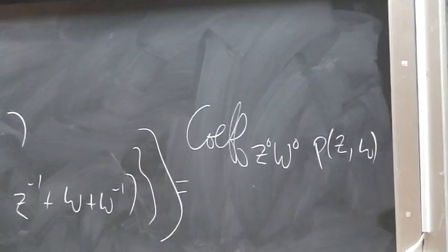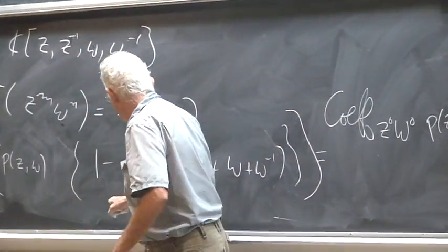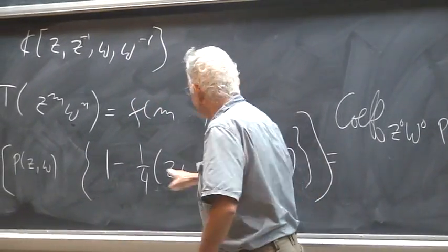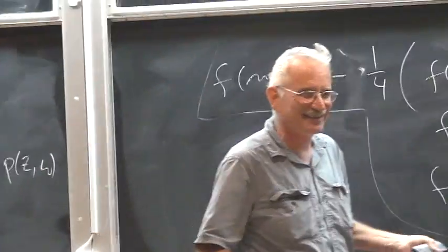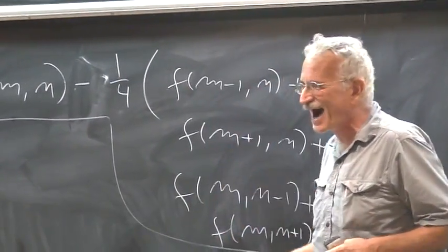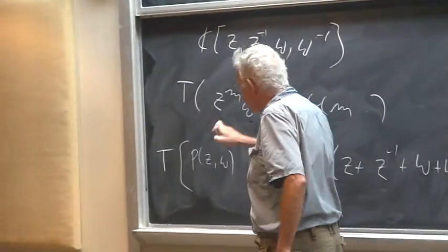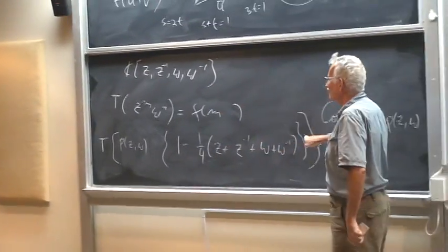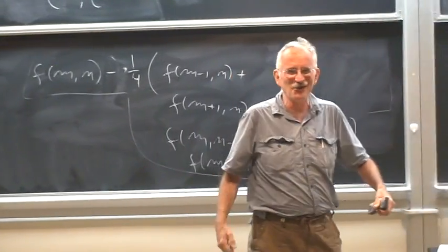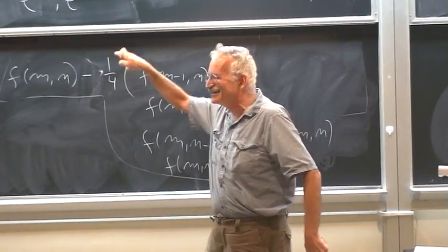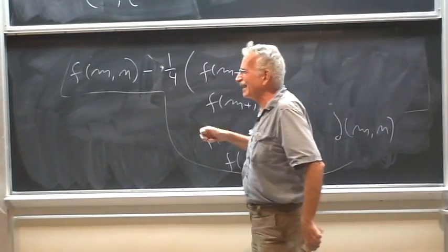But this is what's called an ideal. All the Laurent polynomials that are multiples of this polynomial, by some other Laurent polynomial, constitute a sub-vector space. And we all know from linear algebra, if a linear functional is defined on a subspace of the vector space, you can always extend it to the whole space. And if you still don't like that it's an infinite dimensional vector space, and I don't like it, there's also a way to get around it.